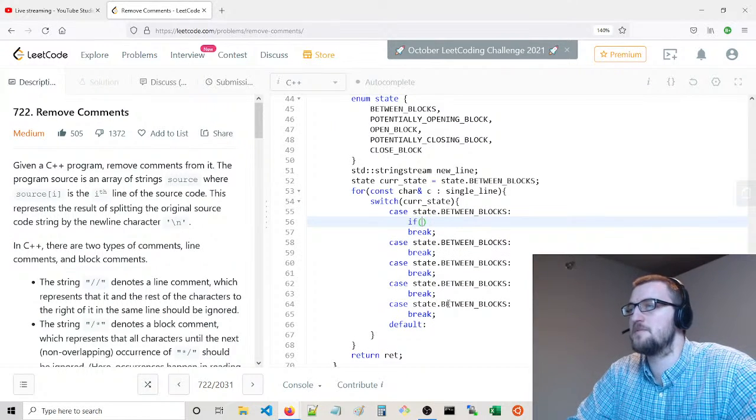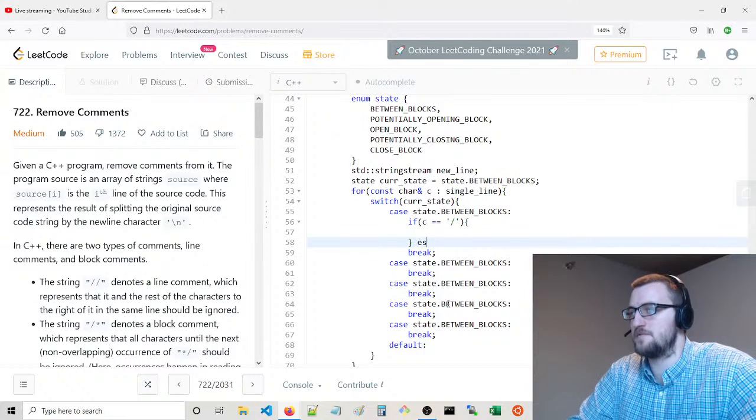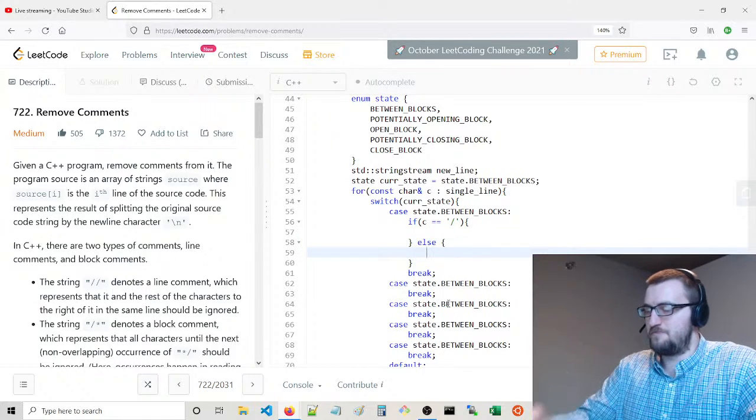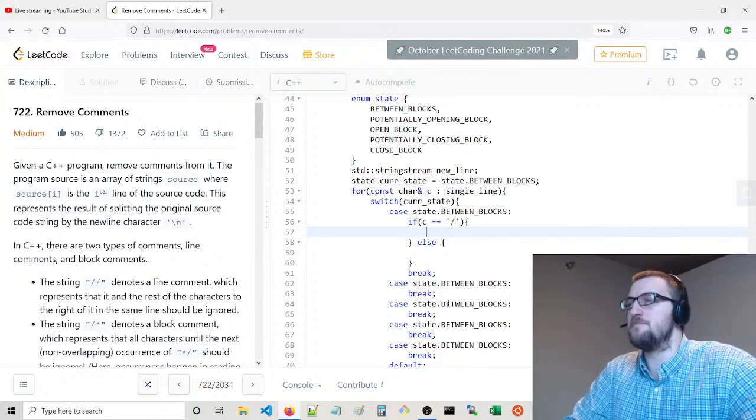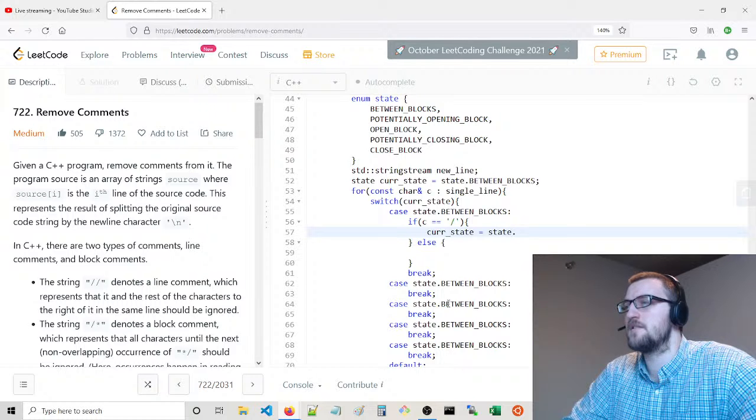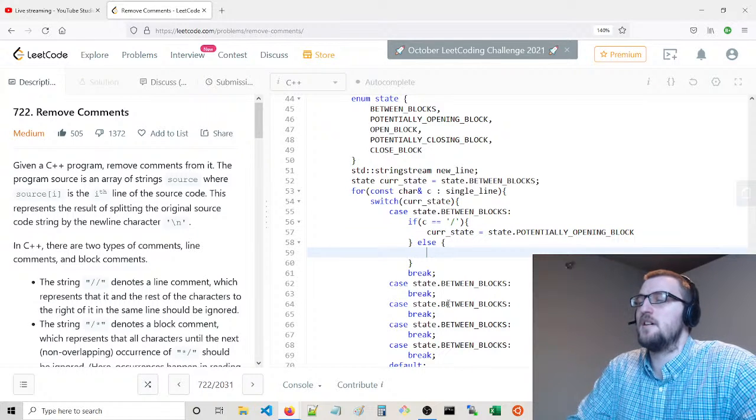Say if C is equal to /, then we're going to, if we're between blocks and C is a /, then we say the current state is going to go to state dot potentially opening block, right?